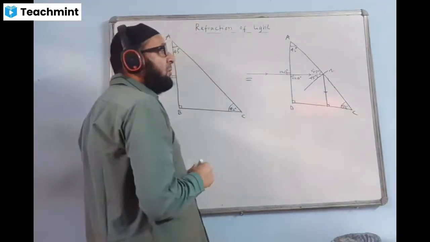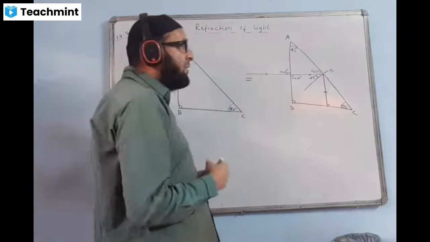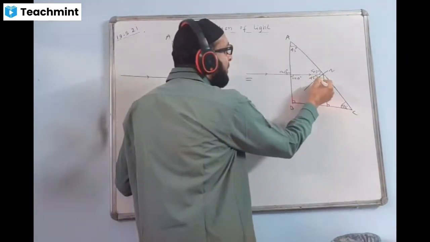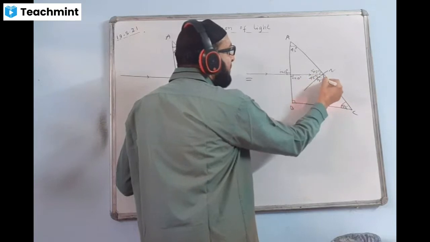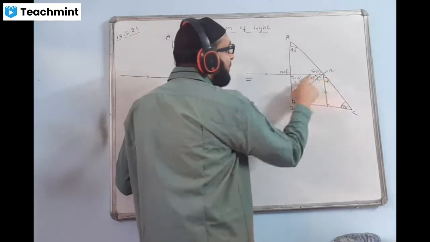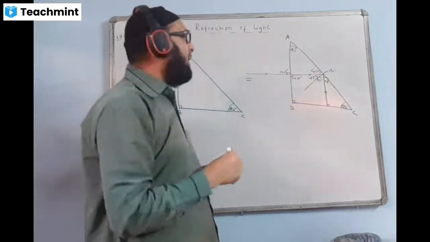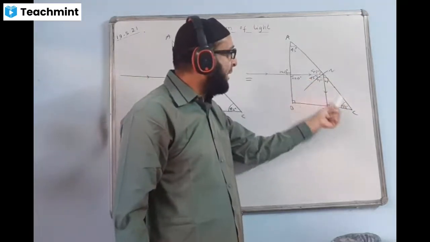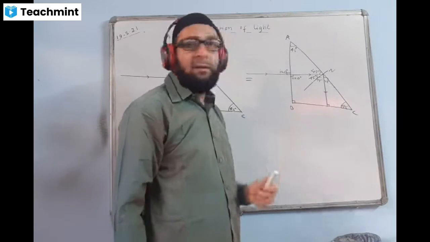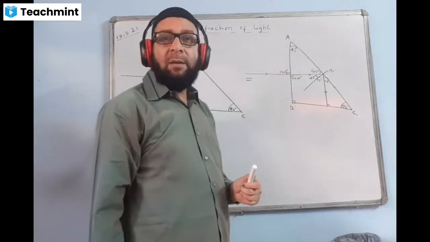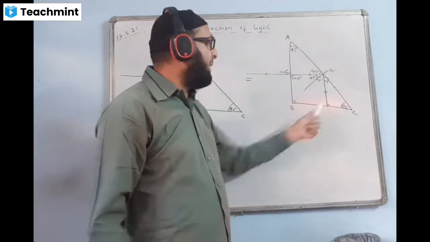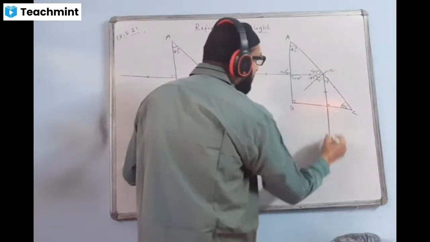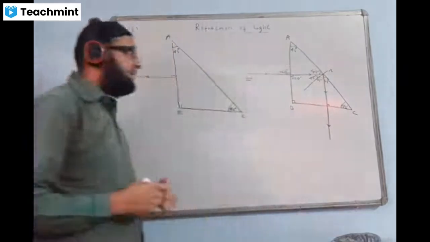Why I did so? We'll do the calculation in advance only, okay? Because reflection time, this angle will be equal. This angle 45, this angle will also be 45. These two angles are equal, these two angles are also equal. That is why I took this angle and this angle as the two angles of a triangle. These are the two angles of a triangle and I'm finding the third angle. And the third angle is coming 180 minus 90, is coming 90. So that means this ray is normally incident on this surface. That means this ray will go straight without bending. Like this. It will go straight.